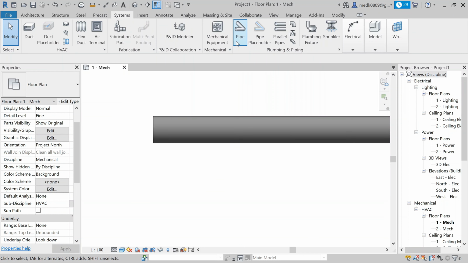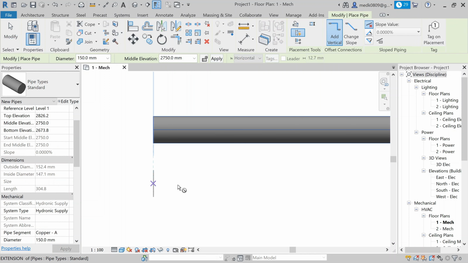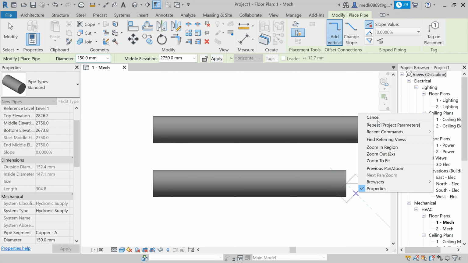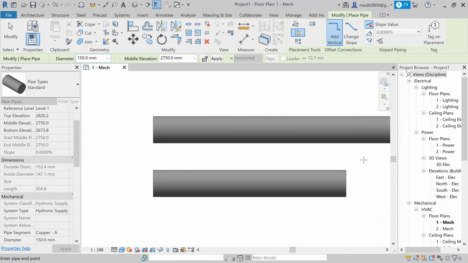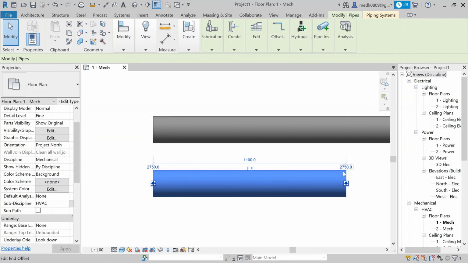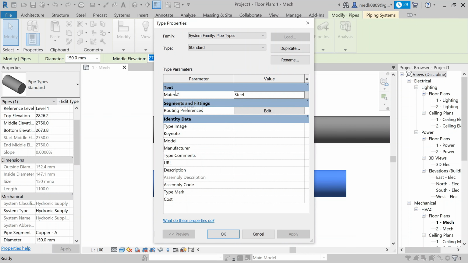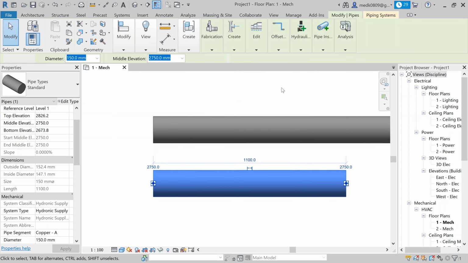Go to system, create a pipe, and then exit. Now if you will select the pipe, go to the edit type, and then here you will see in the text parameter the material is okay. So this is how you create project parameters in Revit.